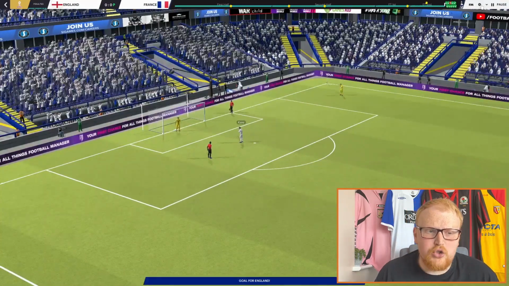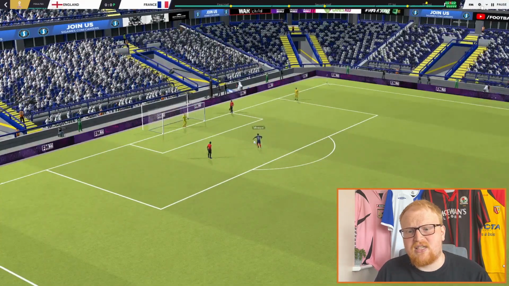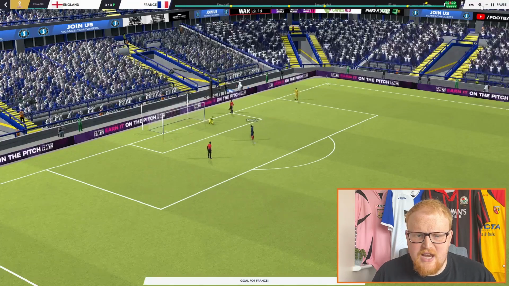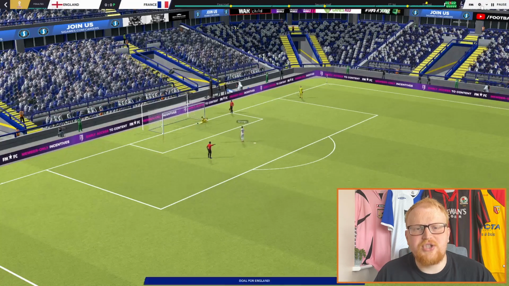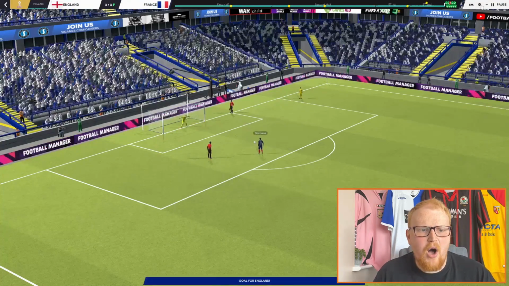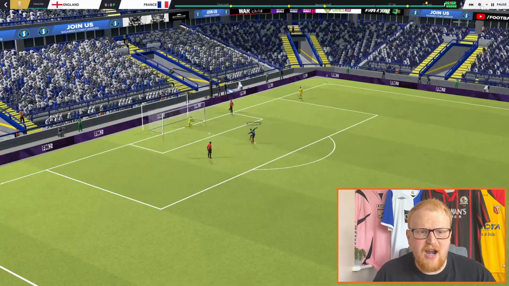France, England also went all the way to penalties. No goals in this game. But it was France in the end who came out victorious 5-4. England once again knocked out of a World Cup on penalties. Once again knocked out by France.